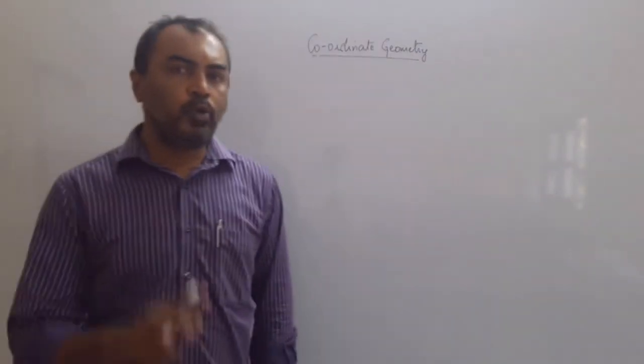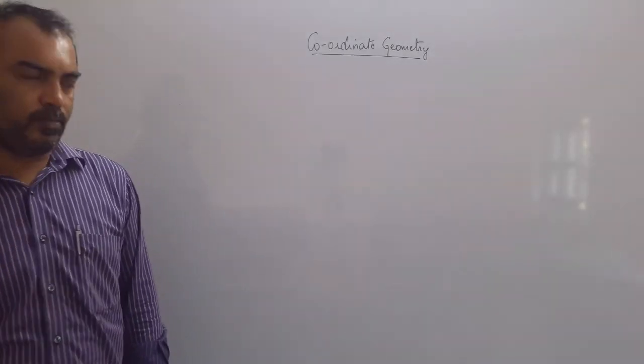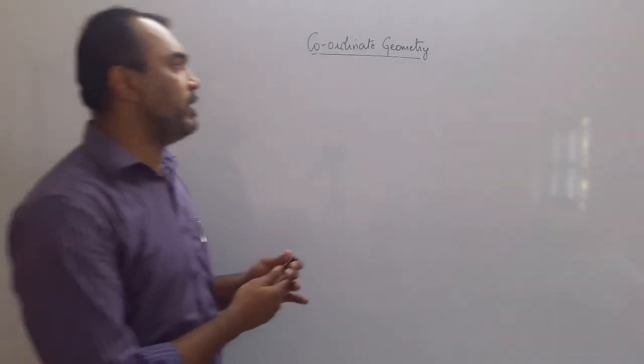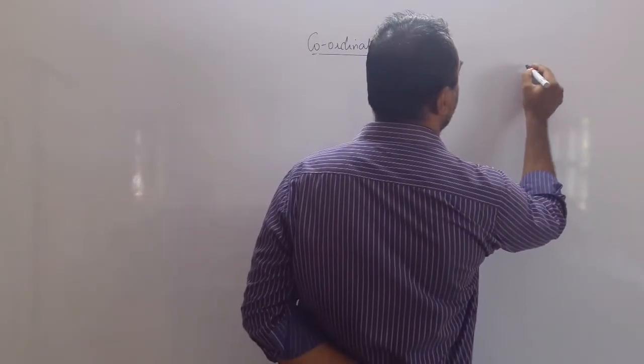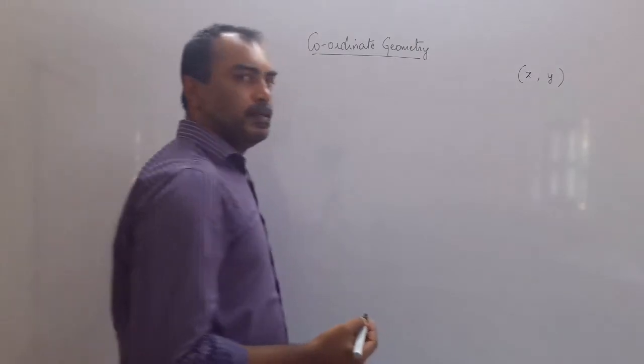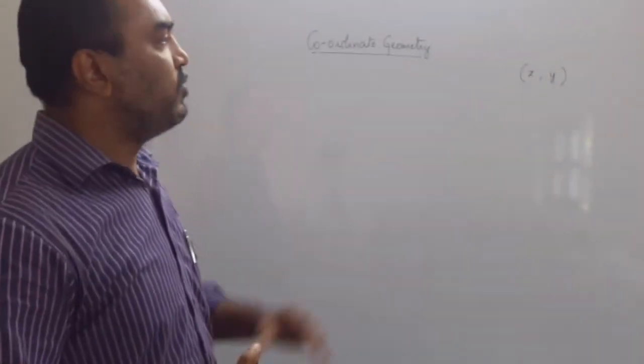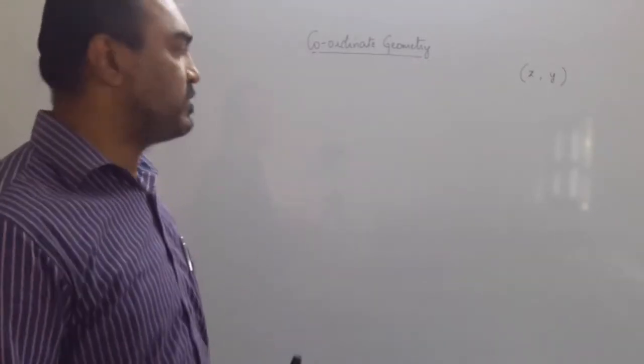that in a two-dimensional space, you need two coordinates to show the exact location. Two coordinates. The coordinates were written in the bracket like this. First was the x coordinate. The second one was the y coordinate. Now, before we move on to the coordinates, we'll see how these two coordinates came into existence.